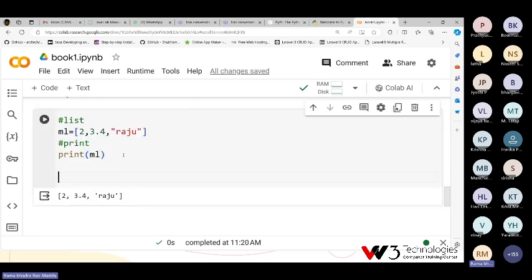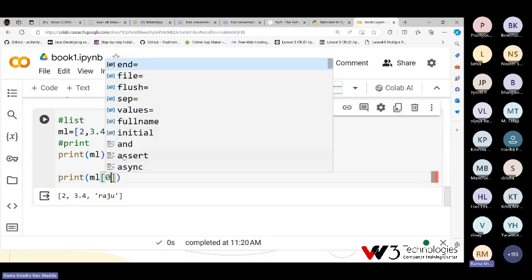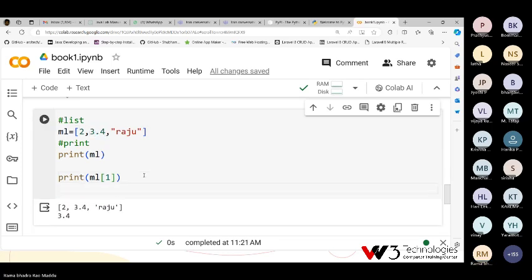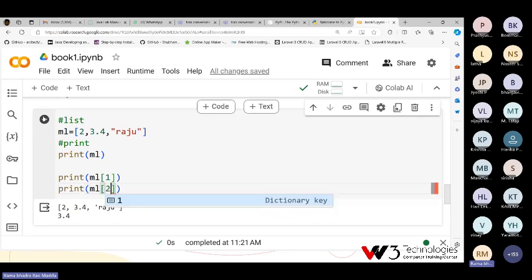We already discussed that if you want to print a specific location value, ML square brackets of 0 prints the 0th location, which is 2. If you want to print the first location, it will print 3.4. Location 0, 1, 2: the second location has a string, so it will print the entire string.